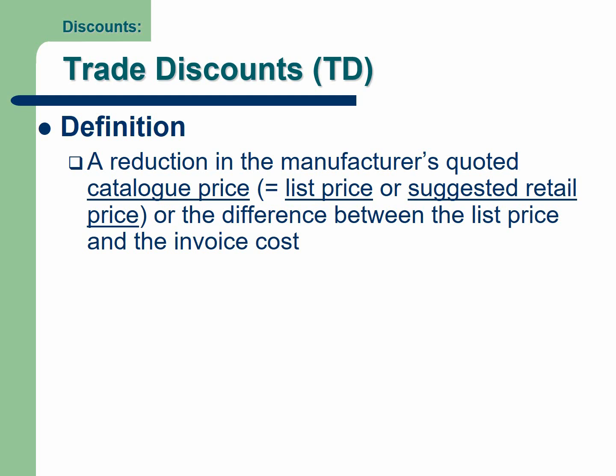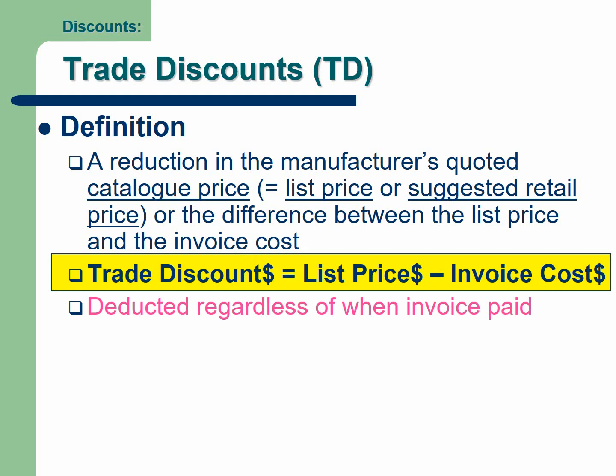And they suggest the extra invoice cost to show how much markup the retail buyer may be able to achieve. So the way to establish the invoice cost, the cost that they're going to actually put on their invoice if the buyer purchases the merchandise, is by determining the trade discounts. By establishing the trade discount percentages, the vendor determines what the actual invoice cost is going to be as compared to the suggested retail price or list price, and the trade discount dollar, so how much it is discounted, could be determined by taking the difference between the list price and the invoice cost.